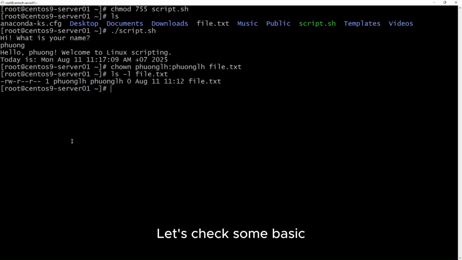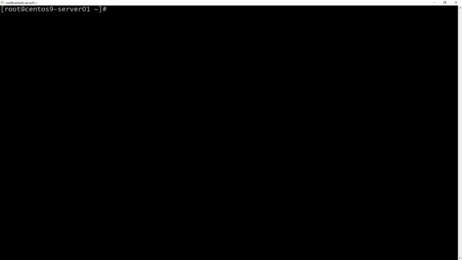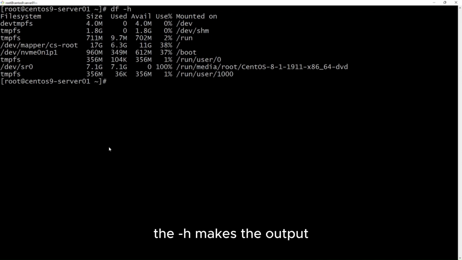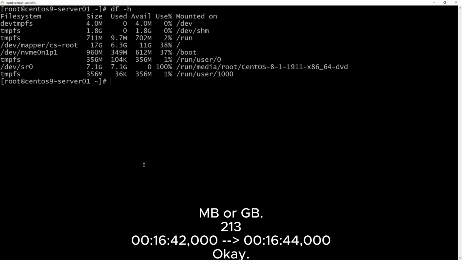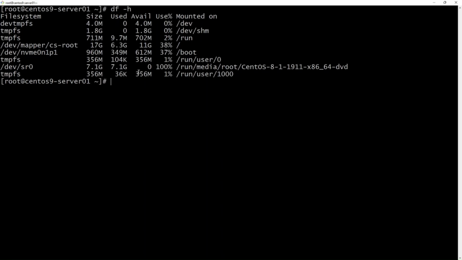Let's check some basic system health and disk usage. The df command shows how much disk space is available and in use on the device. Use df with option -h. The -h makes the output human readable, showing sizes in MB or gigabytes.